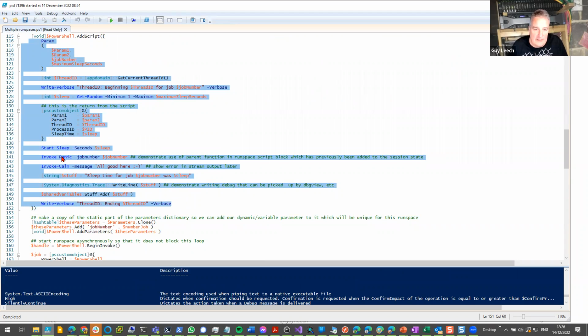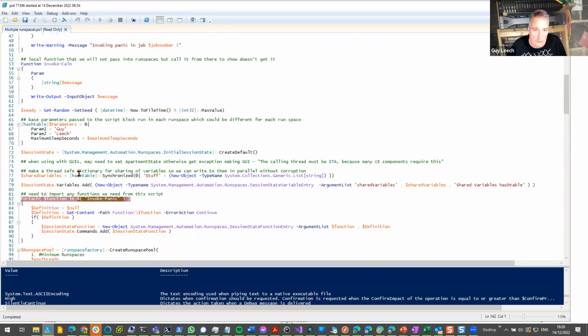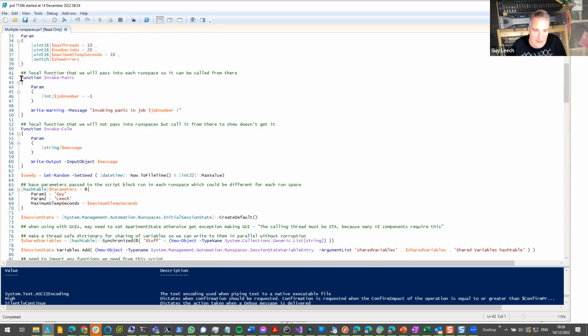And it does use two functions from the main script. Now, unlike functions called normally within the body of this script, those functions aren't automatically available to the Runspaces. So we need to load the definitions of those functions, so they're defined here,